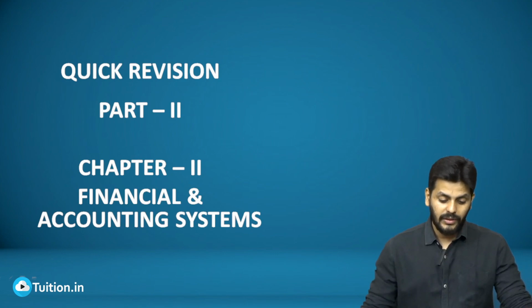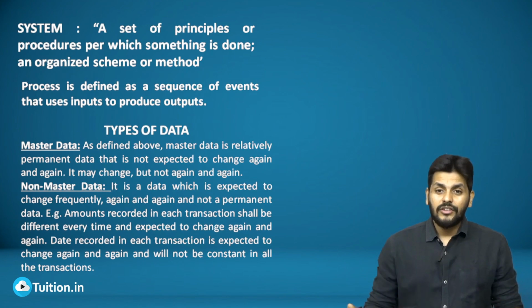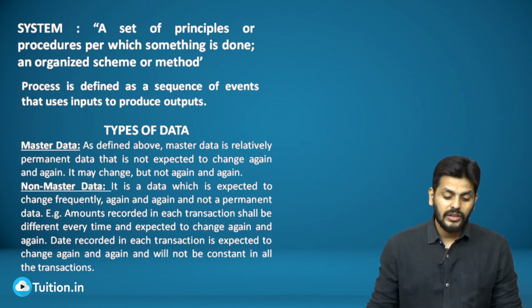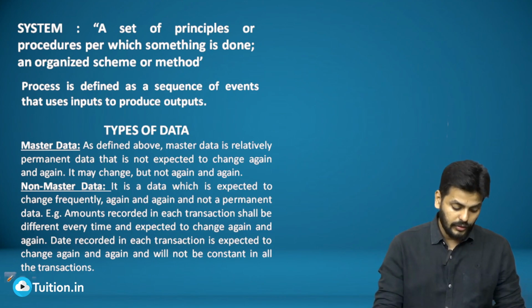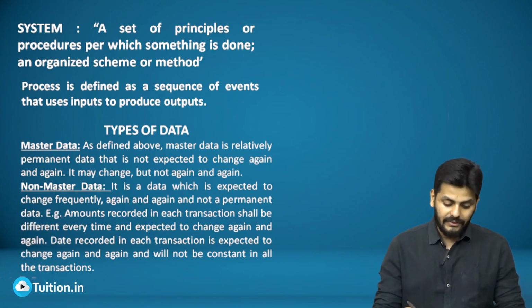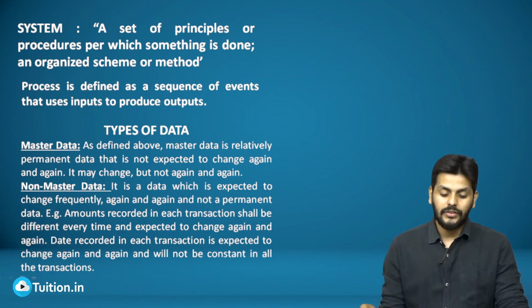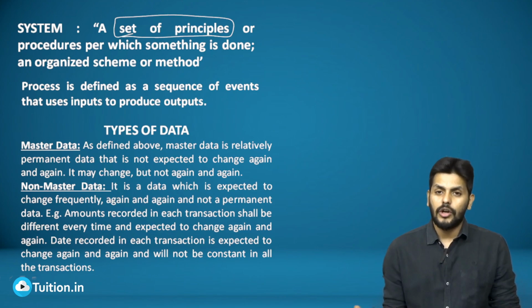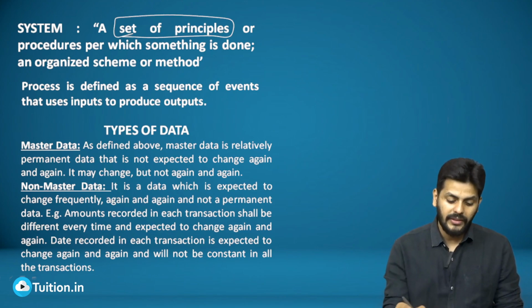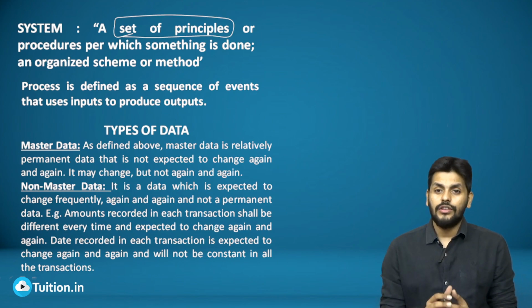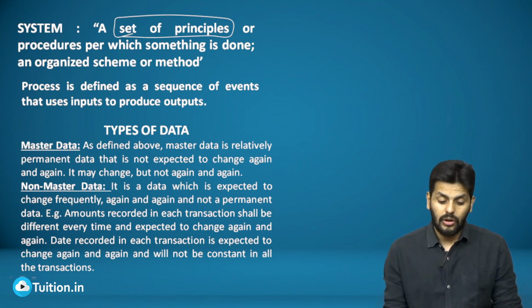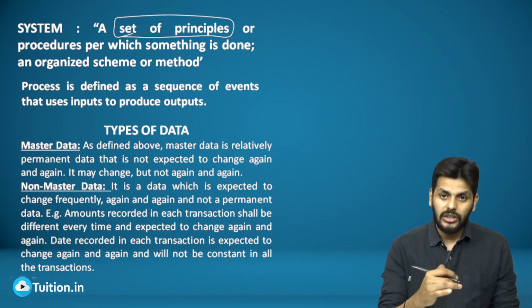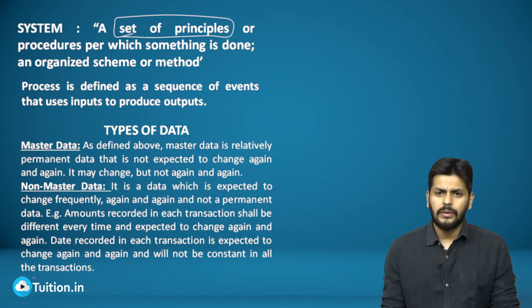In this particular chapter, what we are going to deal with is the definitions. Obviously the first two definitions that you see here will be what is a system and what is a process. We need to clearly understand what exactly a system is and what a process is. A system is nothing but a set of principles or procedures when they are normally performed together. When a set of activities or a series of activities all work together to accomplish a common purpose or a goal, that is also called a system. In an organized scheme or method, when a sequence of steps is involved in doing things, that is only called a system,